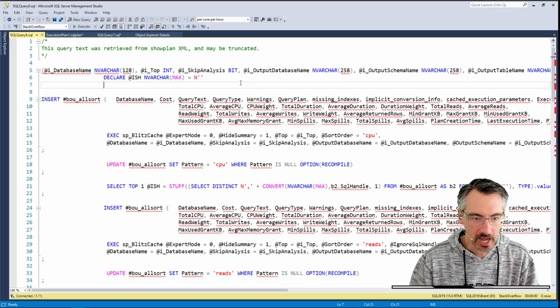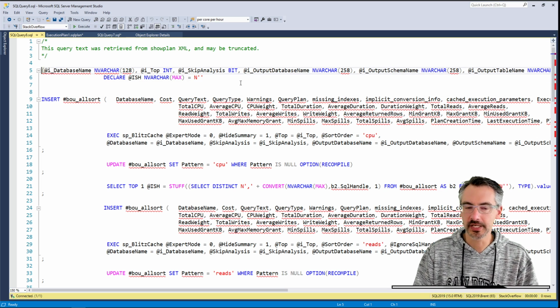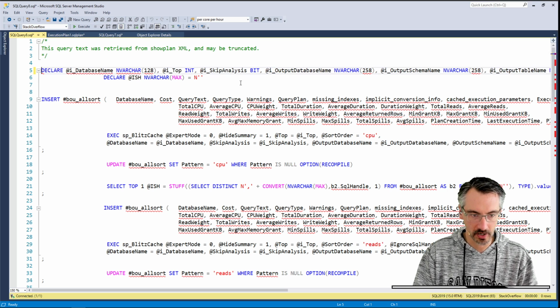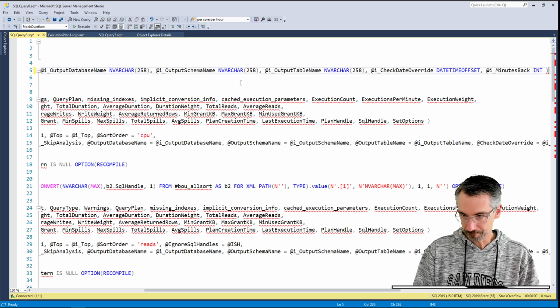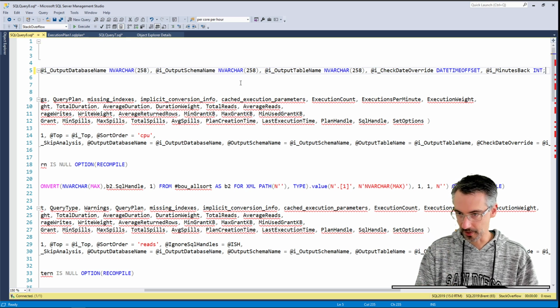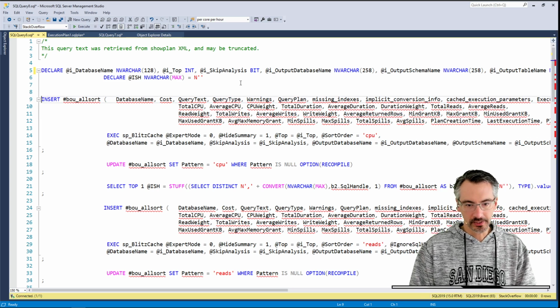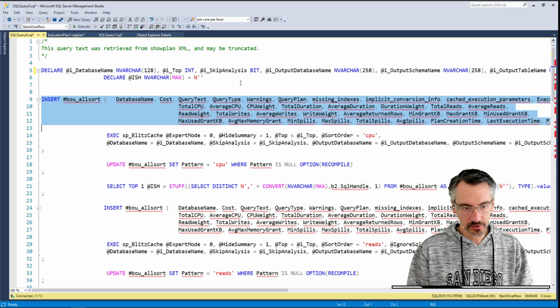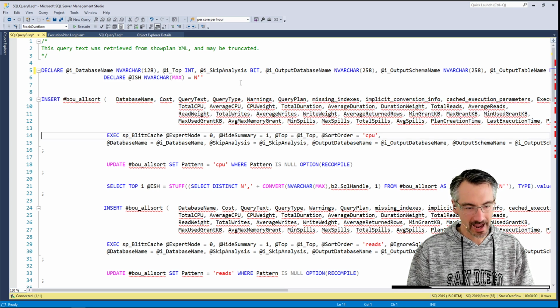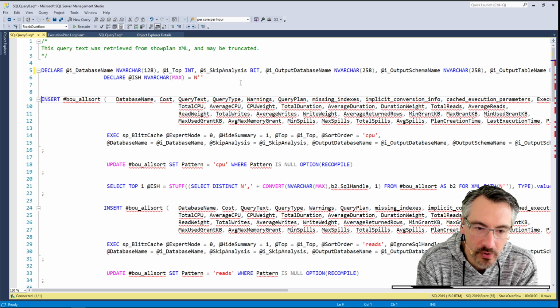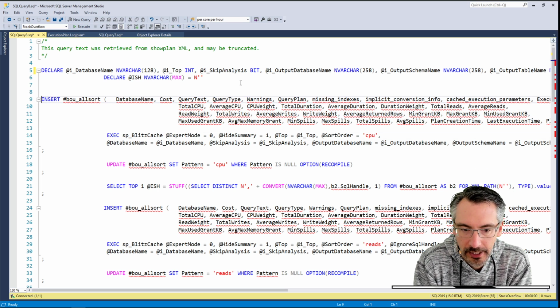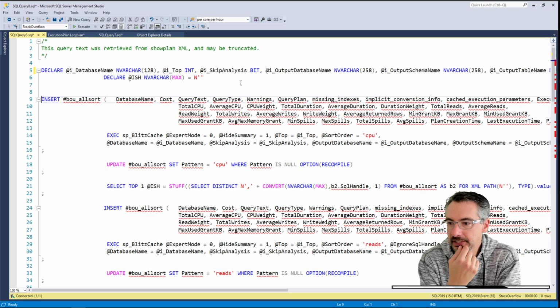Now, at the top, the very first thing that's up there is the declared text for the dynamic SQL. So I'm just going to turn it into a declare, go over to the end and put a semicolon there. And now this will make a little bit more sense. Okay, so we have an insert into a temp table. I wonder if the way that we create that temp table's doing it. Anytime I see